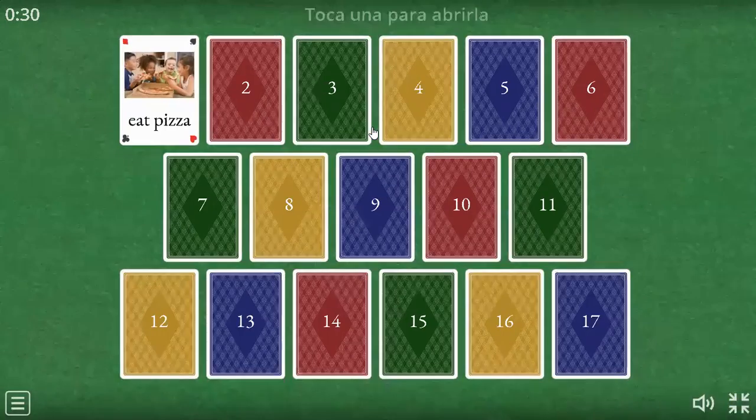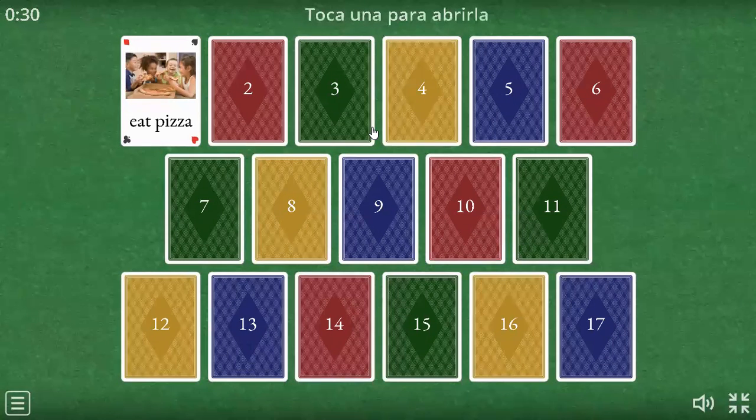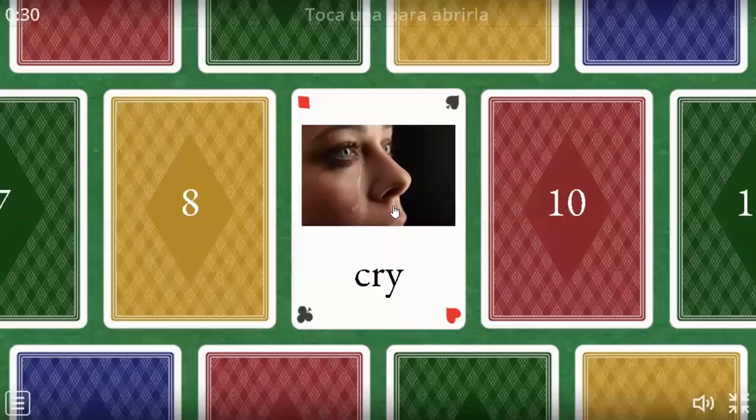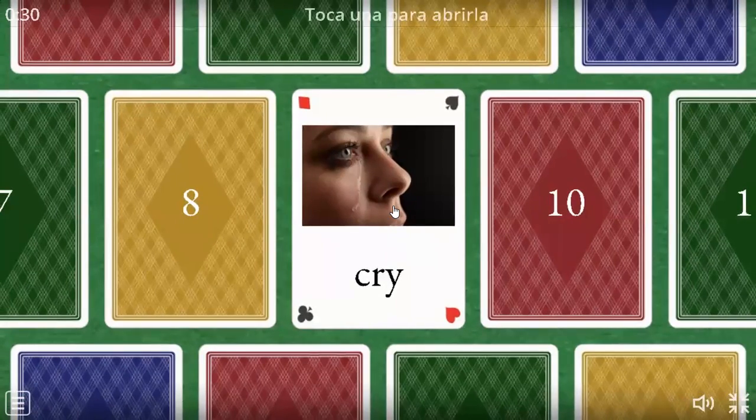Okay. Rebecca. Isabel. Thank you. Rebecca, give me a number, please. 9. 9, okay. How often do you cry? Think about the sad movies. What do you think? I cry